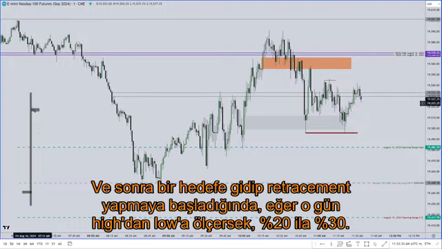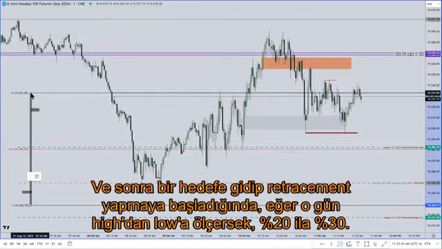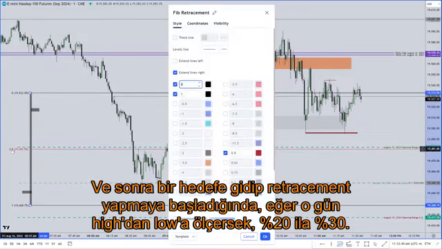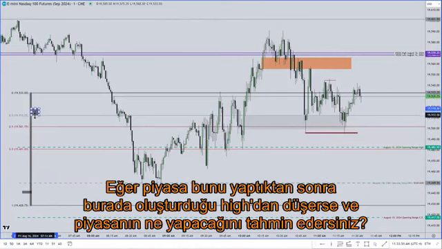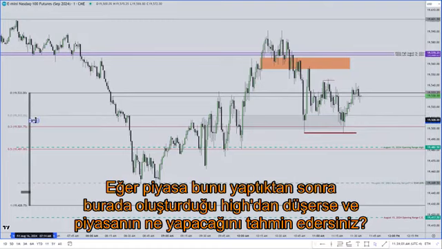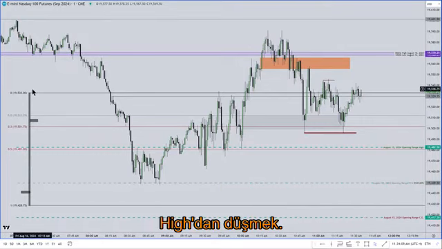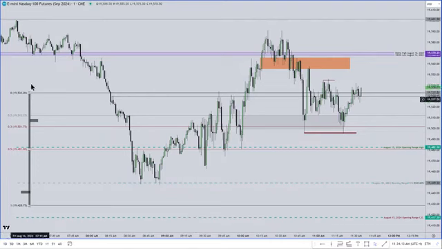And then once it goes to a target and then starts to retrace, if we measure the high to the low that day, 20 to 30%. If the market comes off the high that it forms here, after it does that, and you anticipate the market doing what? Coming off the high. It's not always going to close on the high. If it's bullish like this,